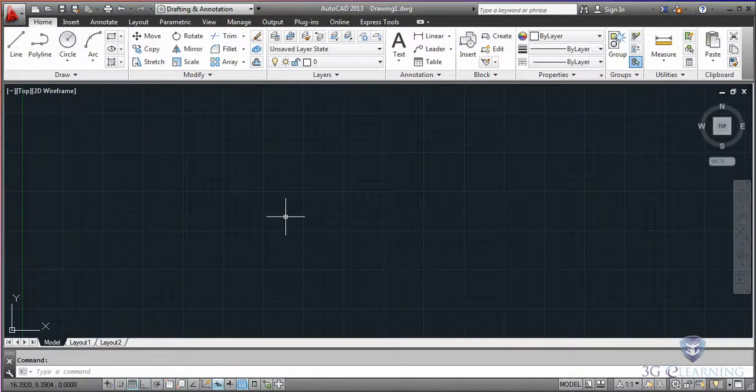AutoCAD is a vector-based application. This means that all of the geometry that we see in the drawing is tied to an underlying coordinate system. This coordinate system allows AutoCAD to know with a high degree of precision where everything spatially exists in a file. In this lesson, we are going to take a behind-the-scenes look at model space to better understand how AutoCAD manages